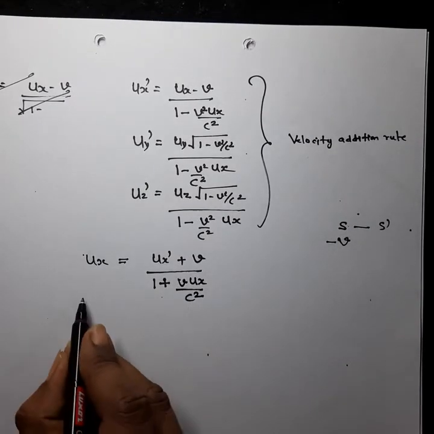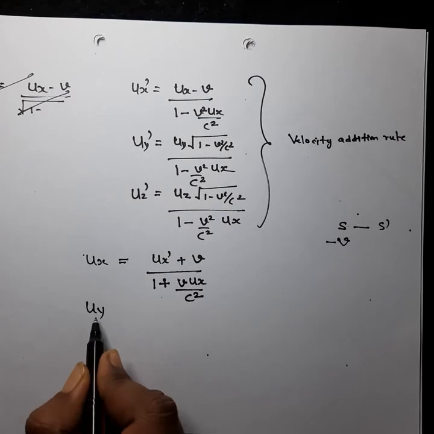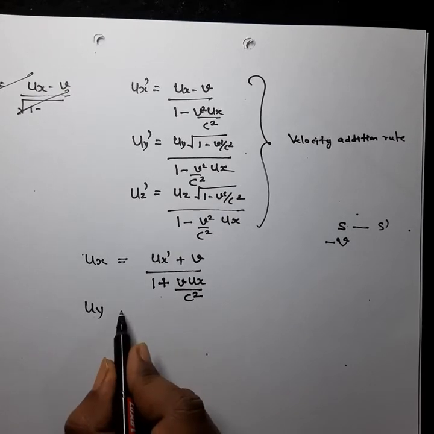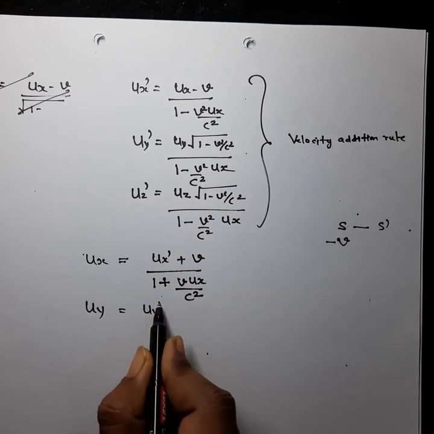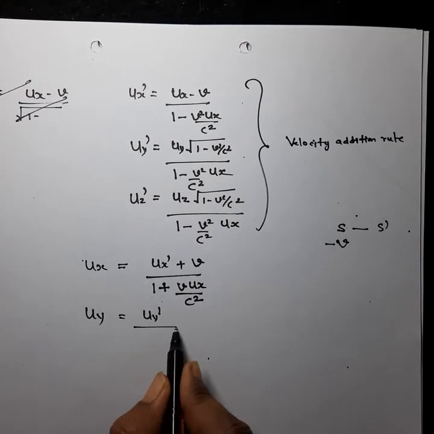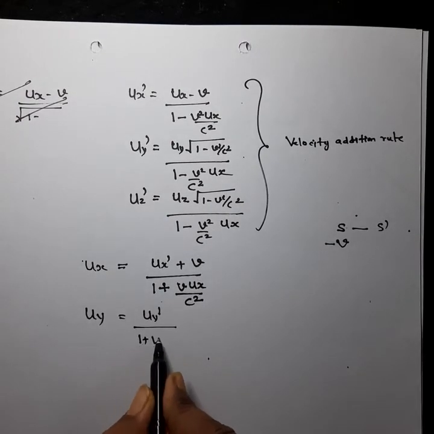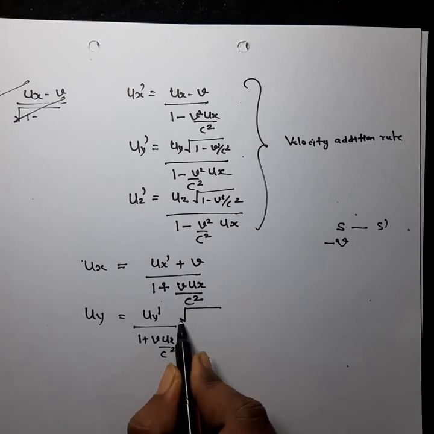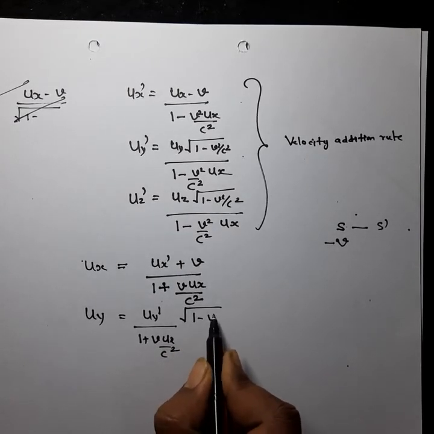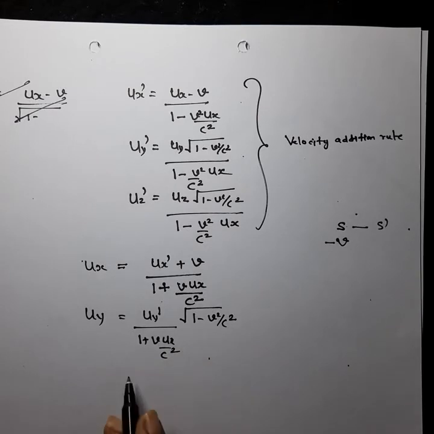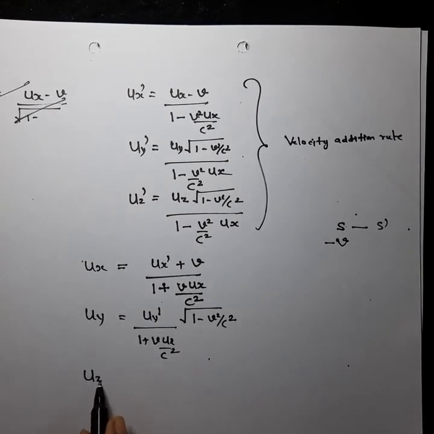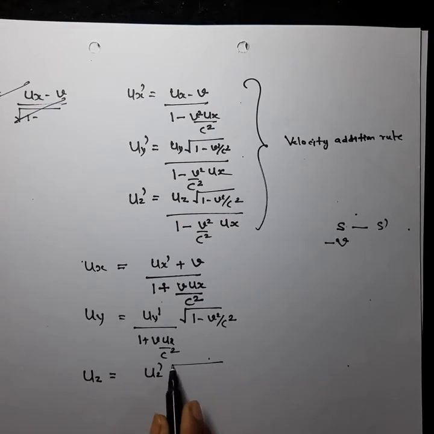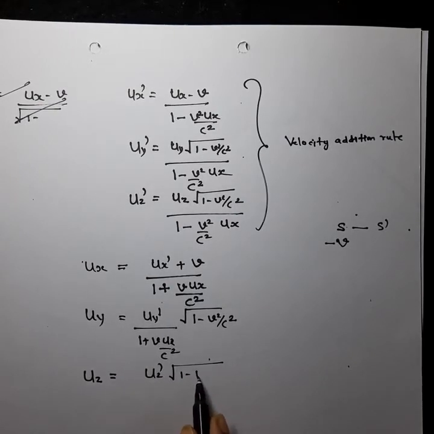Similarly you can write uy is equal to uy dash divided by 1 plus v ux dash by c square, multiplied by square root of 1 minus v square by c square. And uz is equal to uz dash multiplied by square root of 1 minus v square by c square, divided